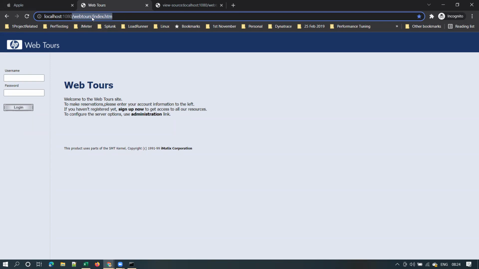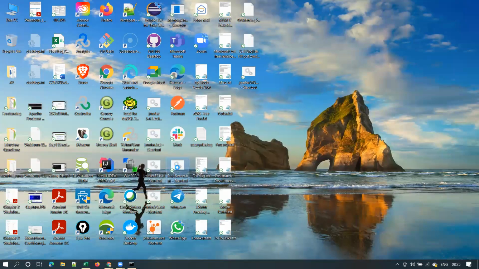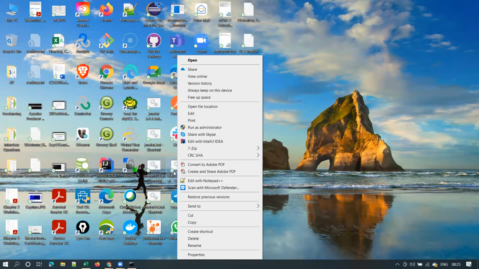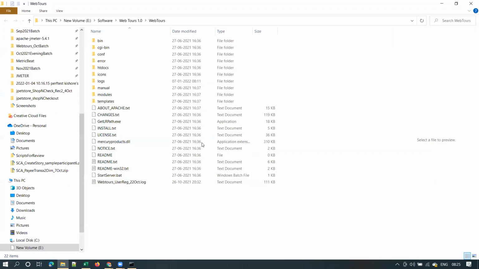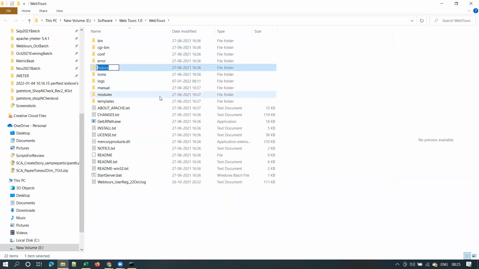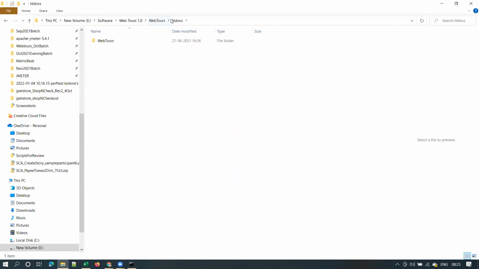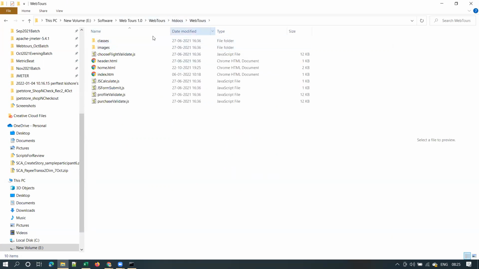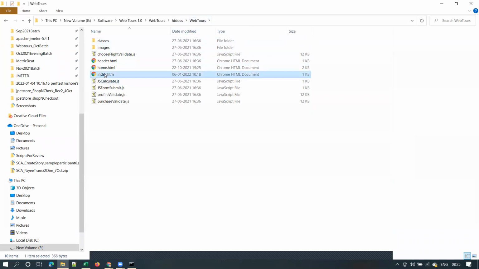Let's understand why this is called the resource path. For that, let me go to the WebTools application. I kept one shortcut on the desktop. I'm right clicking on it and using open file location. If you see here, there is a folder called htdocs, for HTML documents. In that you have the WebTools folder. In that WebTools subdirectory, you have this index.html, right?